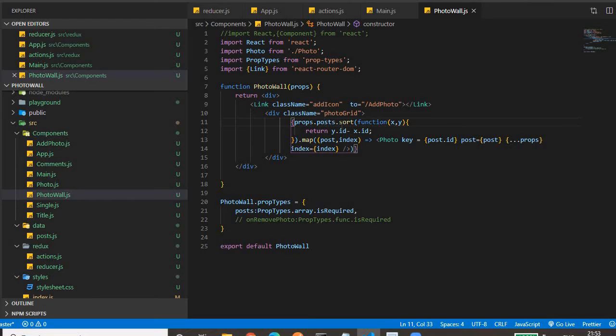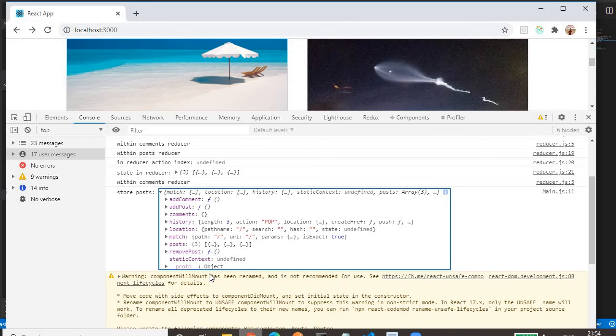First of all, we are sorting it, then we are mapping, as you know up to this, and for each array iteration we are creating a photo component. In photo component, we are passing post, meaning each image, and along with it the entire props, because in photo we need to call the add post and remove post actions.